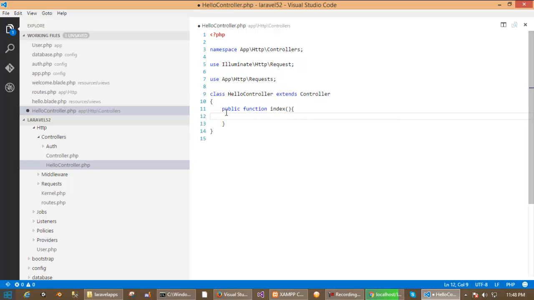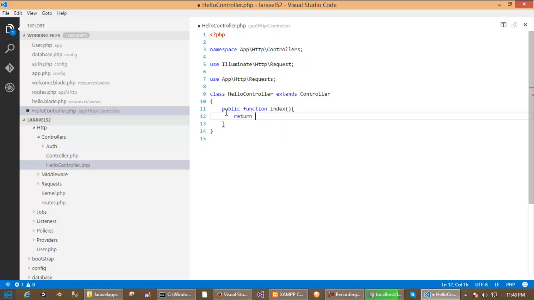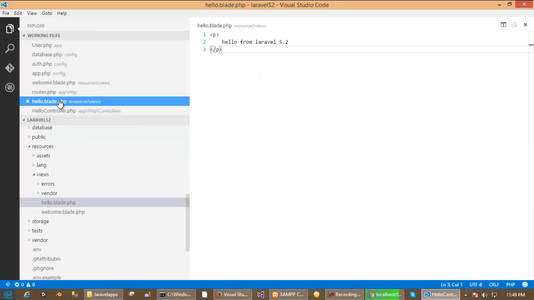Then return the view here. Our view name is hello, and put a semicolon at the end of the code and save it,